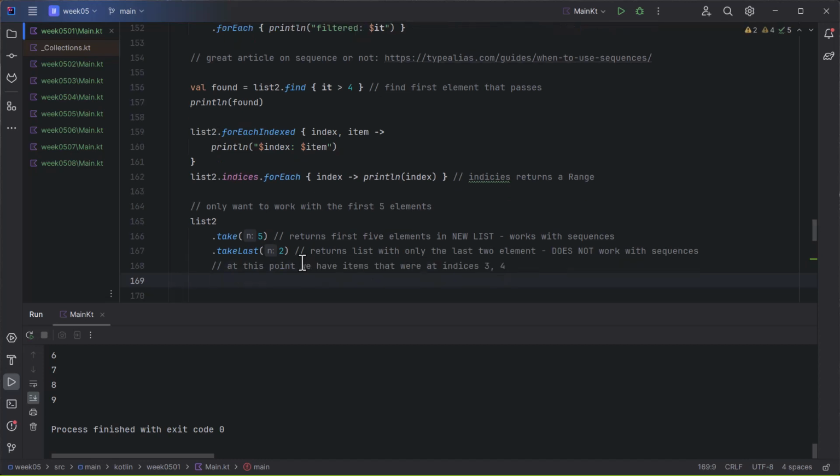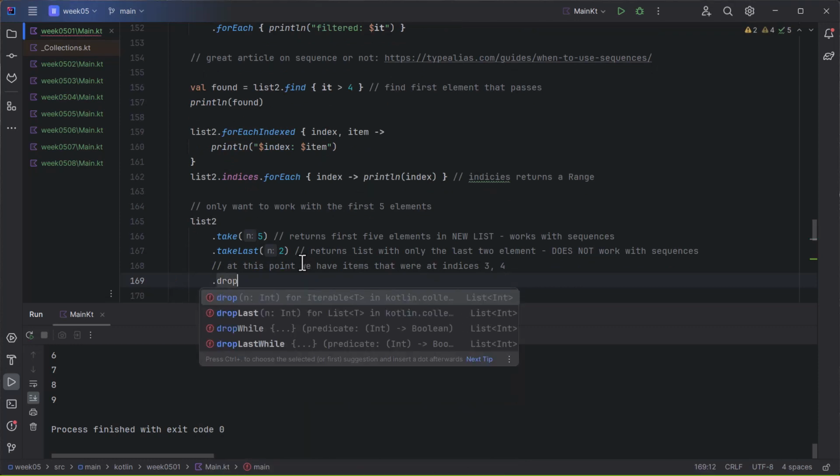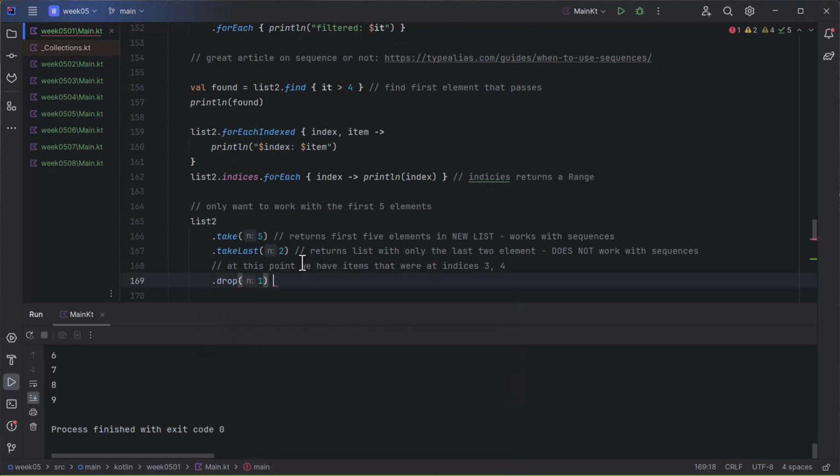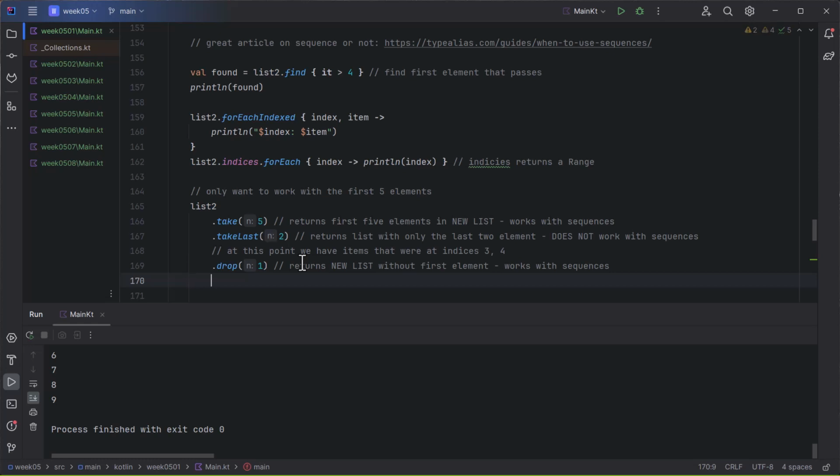Now we can also do drop. Returns new list without the first element. And that's going to work with sequences as well. Because it keeps track of how many items were being dropped and then just returns them on from there. So in this particular case, it should only be the item at